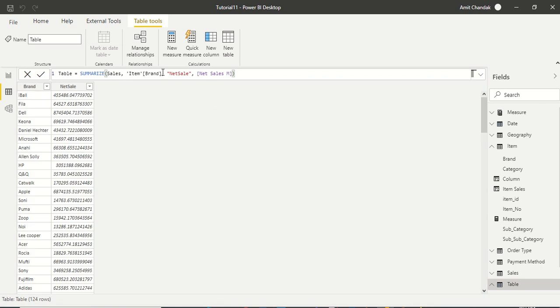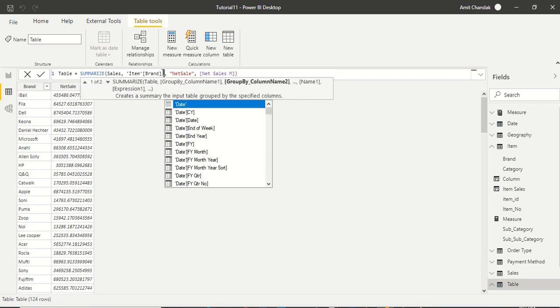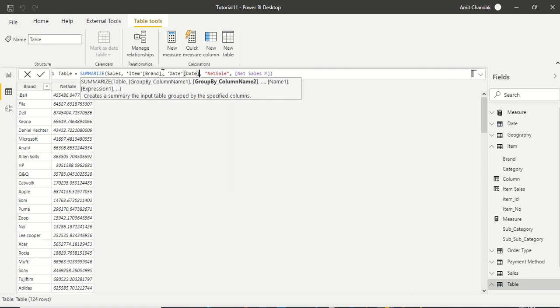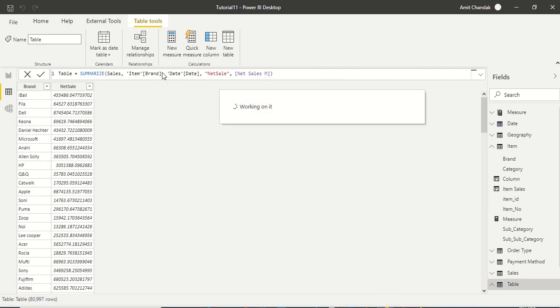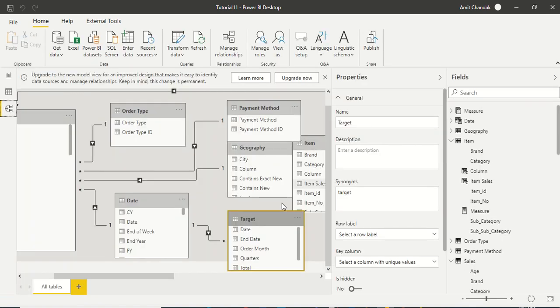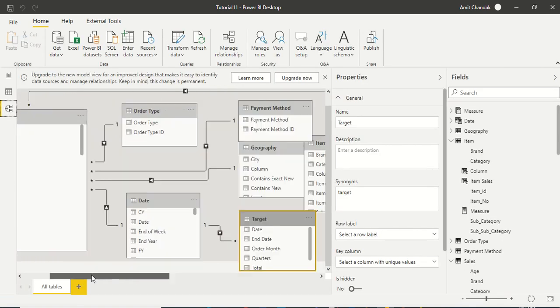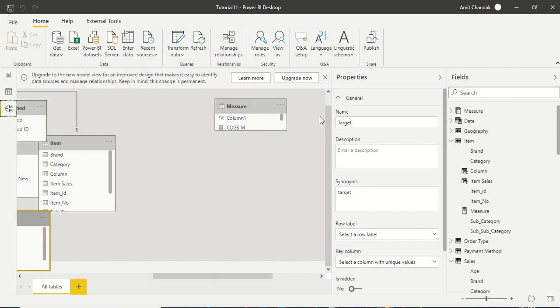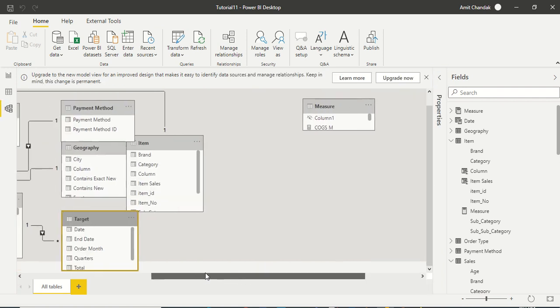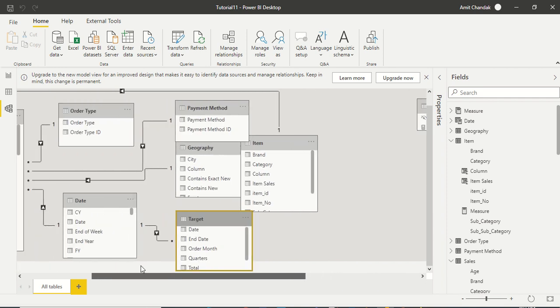Now I can add a few more, like I said, let me say I need date wise. So I can go ahead and create a date wise net sales, and now I should be able to join this new table with my date table.